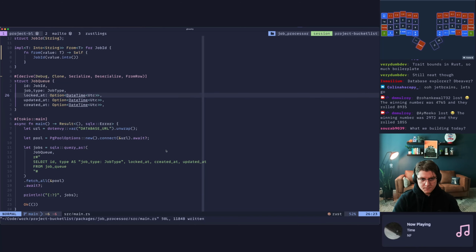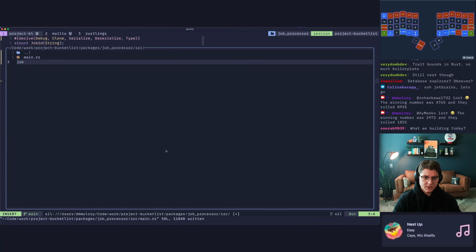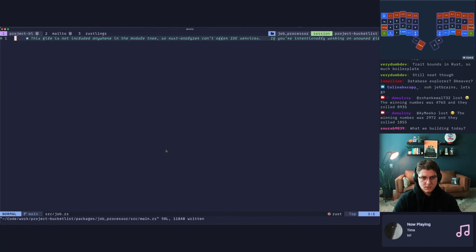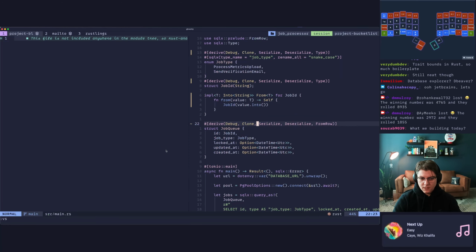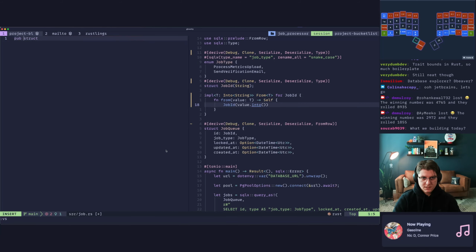So let's say we have just like a job.rs. And in here, let's open main again. A job is going to be some struct. This be a pub struct, I guess. I don't really know how visibility works yet.